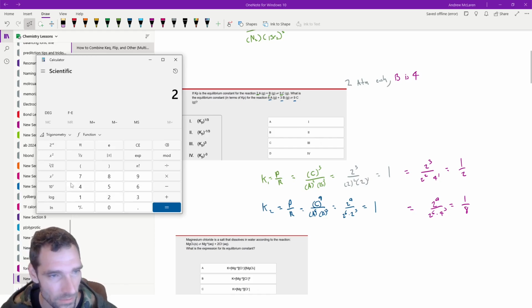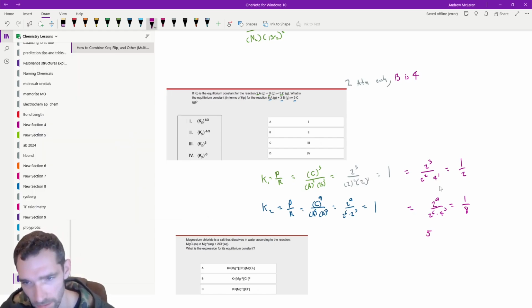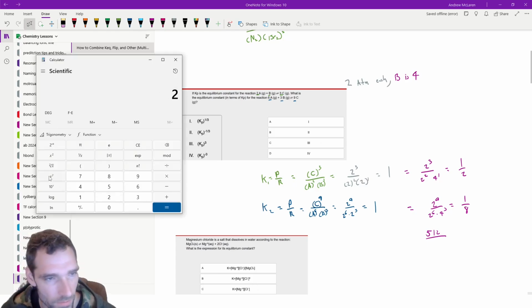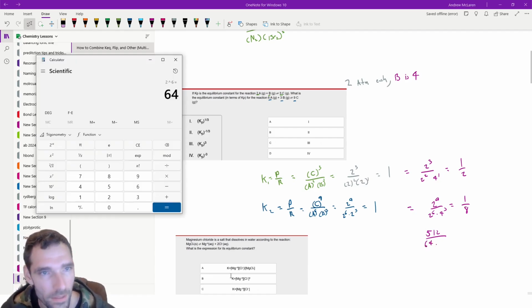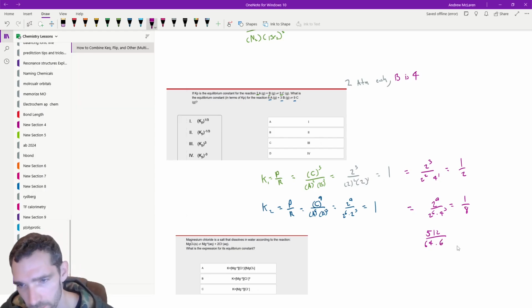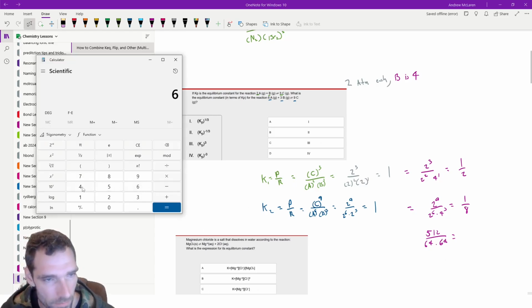So if we've got 2 up to the ninth power, that's 512 on top, 2 up to the sixth power, 64, times 4 up to the third power, 64. And if we've got 64 times 64,